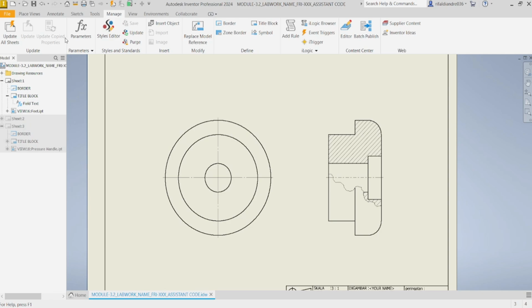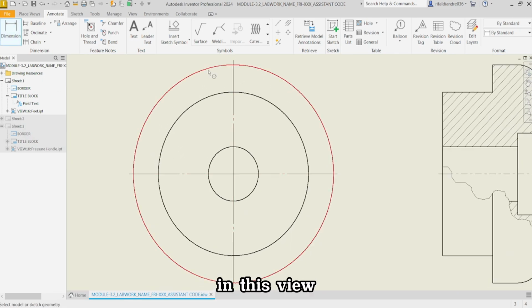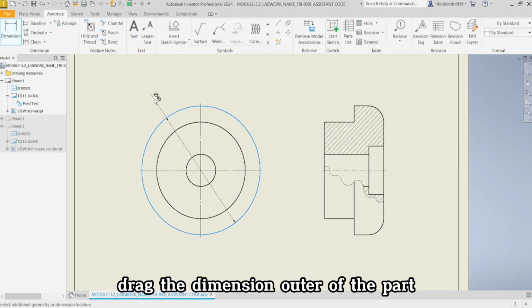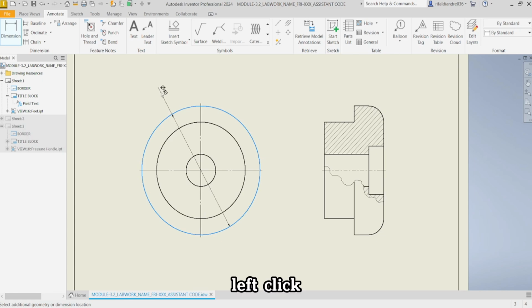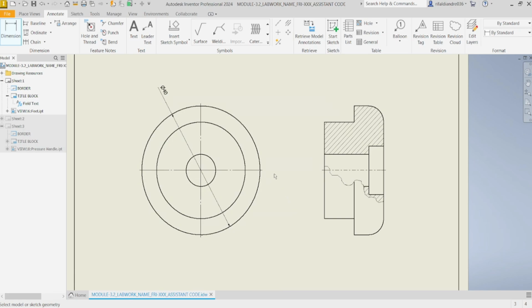Okay, next go to the Annotate tab and click Dimension. In this view, select the outer circle and drag the dimension outside of the part, and then left click. Click OK.